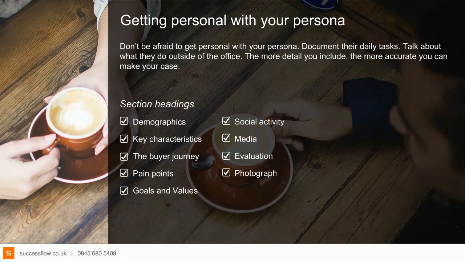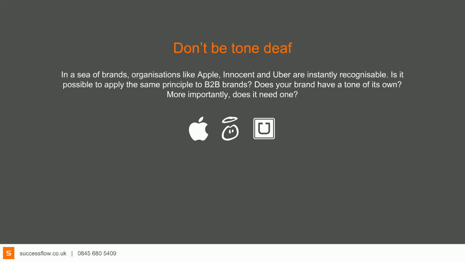I came across one workshop not that long ago, and the primary decision maker was a financial advisor. So they were massively focused on content for this financial advisor. But then during the workshop, it came out that 80% of the research and consideration stage, so much earlier in the buyer journey, is done by the paraplanner. So they weren't talking to the paraplanner to be able to get that information to the buyer. So you've got this premium piece of content aimed at the CEO. It's not even getting to them because the person who's influencing that decision along the journey is not passing the information through. So you're not speaking to the right people earlier in the journey.